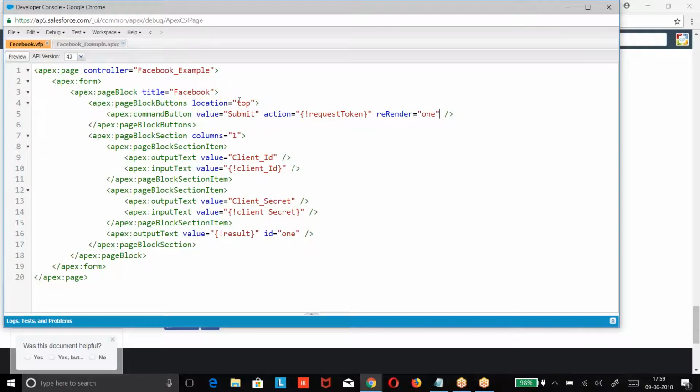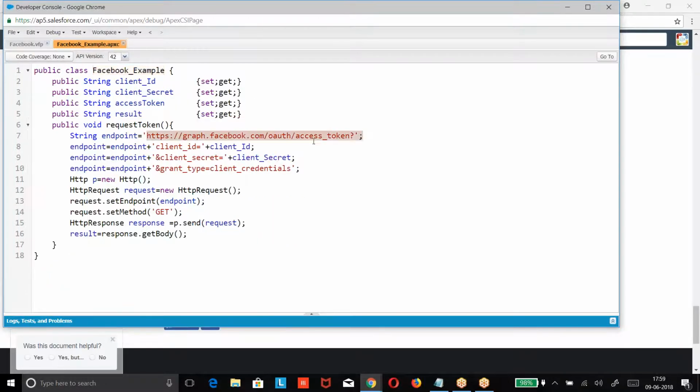So this is how we created. Basically, client ID, client secret, we are printing the result. What we are supposed to do was